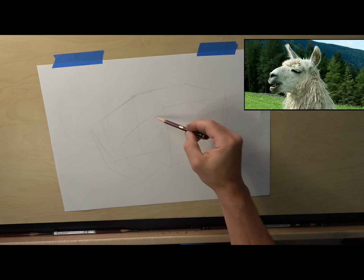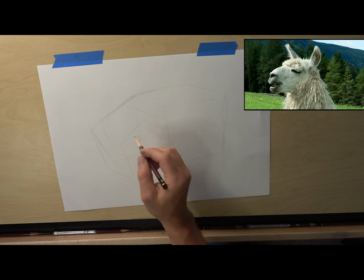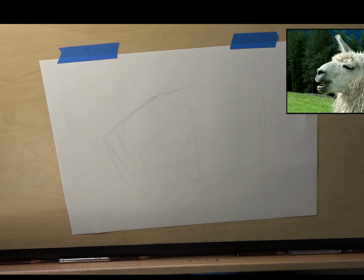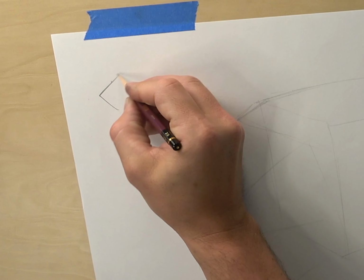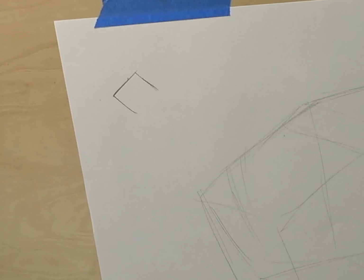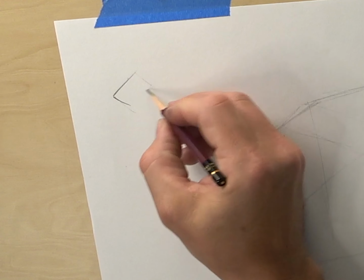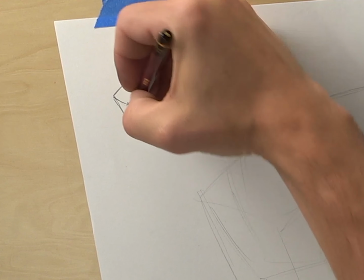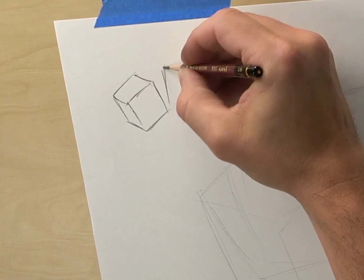what I'm doing is I'm thinking in terms of geometric essence. And the geometric essence of the form is ever present in my mind as I'm working. And it's worth a blowout sketch where I'll come on the side and zoom in and do a sort of pure geometry study. And when I think of that area of the muzzle, so the nose to mouth, I think of a cube on its side, at a bit of an angle, and then the skull is more or